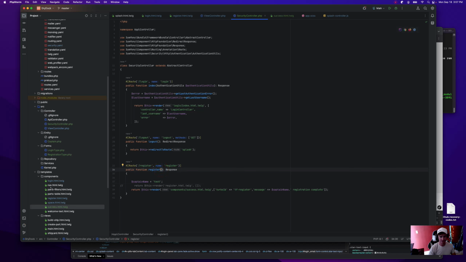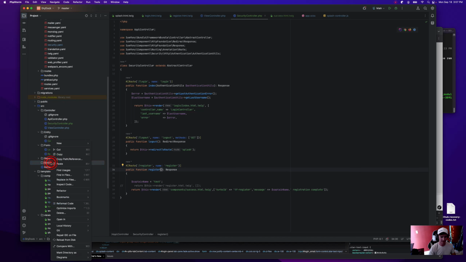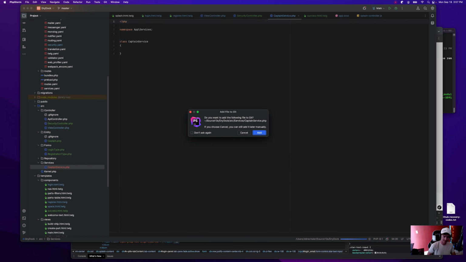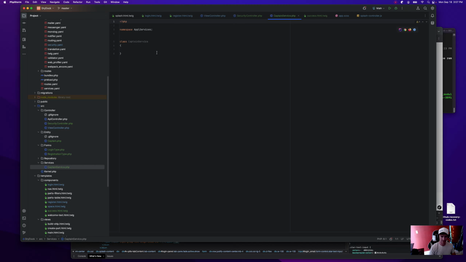What do we need for this? Right, services. We need a user service. Create new class. Well, captain service, really. It's a user service though. Okay. And for right now, all we need is public function createCaptain.